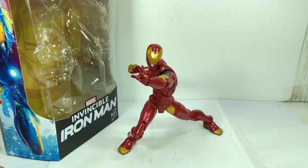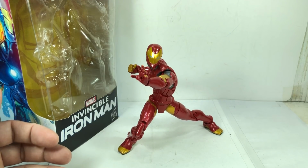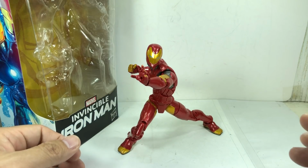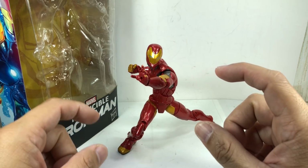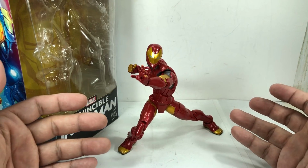This is the Marvel Legends series, Invincible Iron Man. If you're following the comic books, this is one of his latest iterations in Civil War 2, probably the last armor we saw him in before he went into a coma after fighting with Miss Marvel, Captain Marvel, Carol Danvers. It's one of the armors I was very skeptical about. I didn't really agree with Marvel deviating from the movie-verse angry face helmet, but they decided to do it, and it kind of worked for me